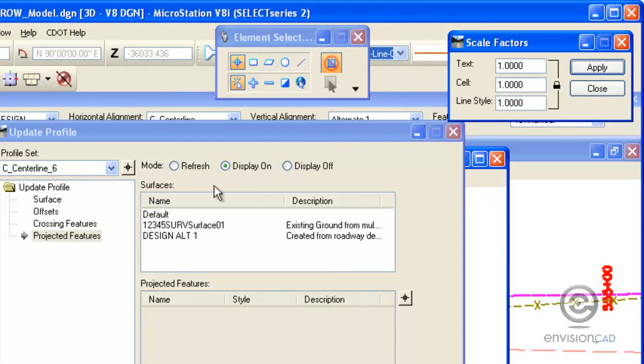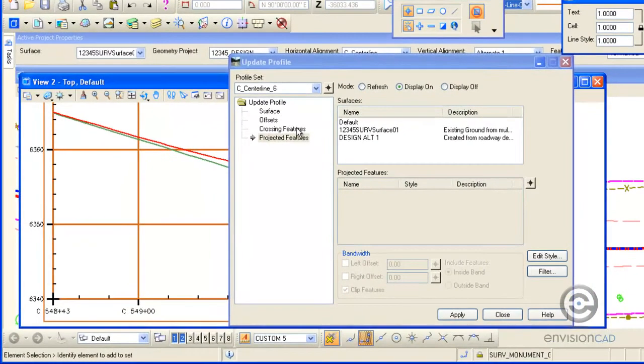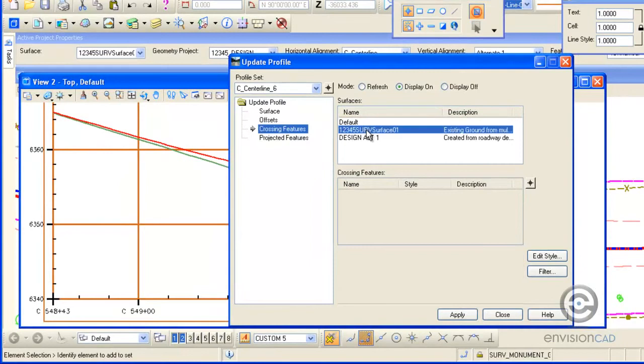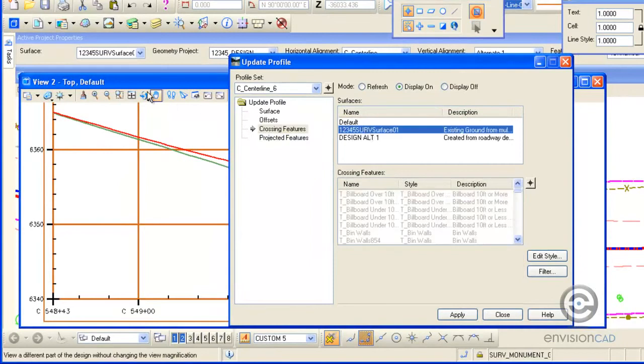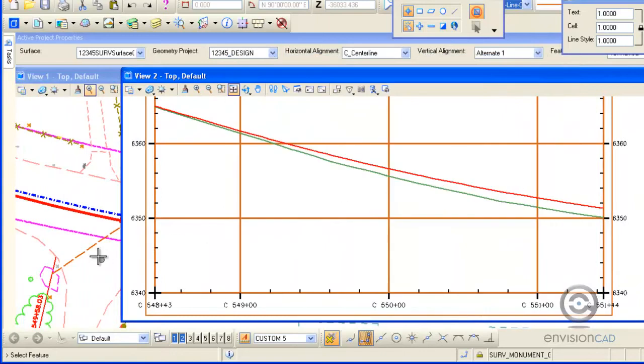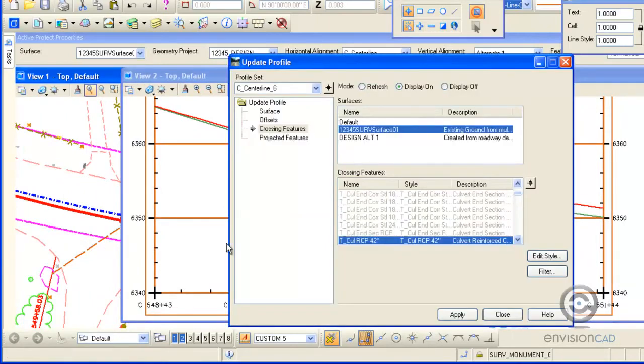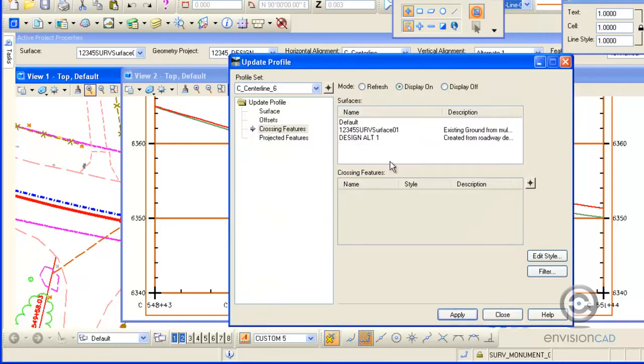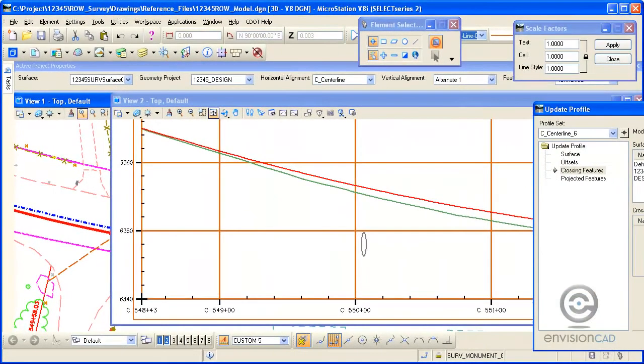So what I want to do is turn on a display of a crossing feature that's in my existing ground DTM. I'm going to identify which feature I want to display. I'll just dynamically select it. It identifies the particular pipe. When I select apply, slide this dialog out of the way, I can see that pipe is now displayed here